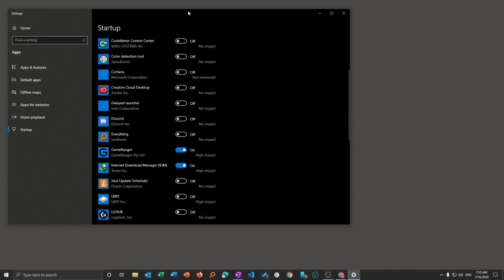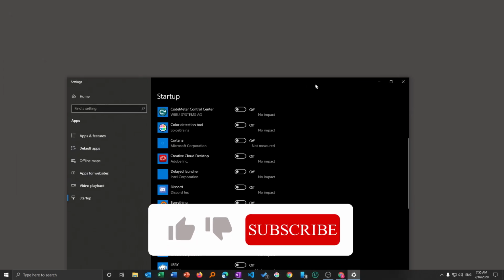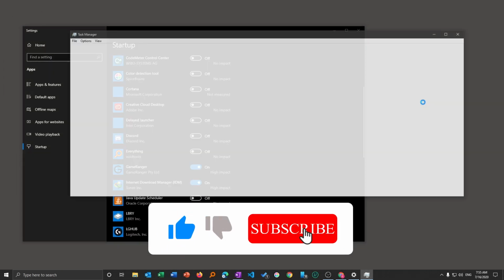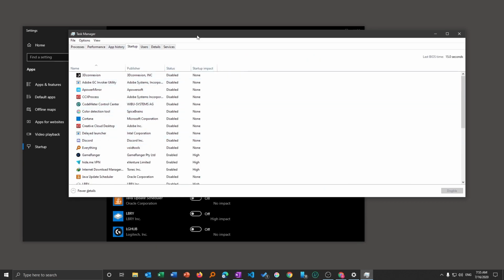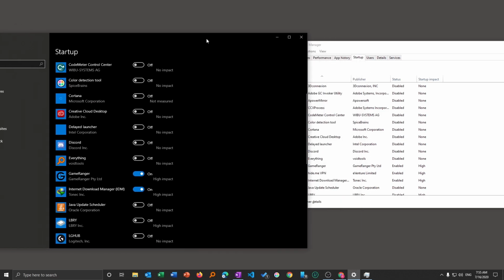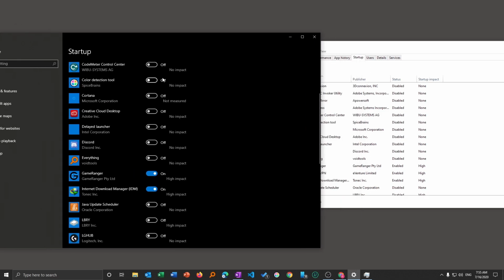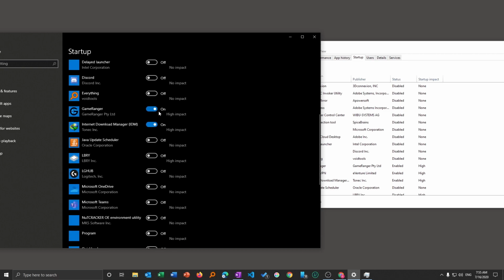The same setting can be seen as I told before in the task manager under startup impact. So basically these two settings are the same, and this one is in the newer interface of Windows. Now we can decide which programs I want to start and which I don't. For example, Game Ranger